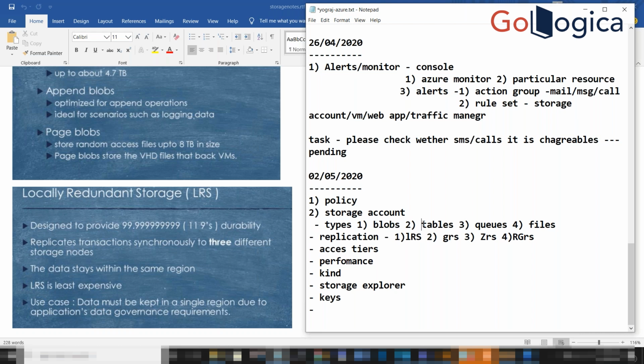And then the next one is tables. What do you mean by tables? In tables, if you see SQL,